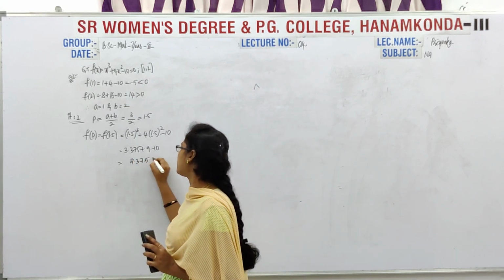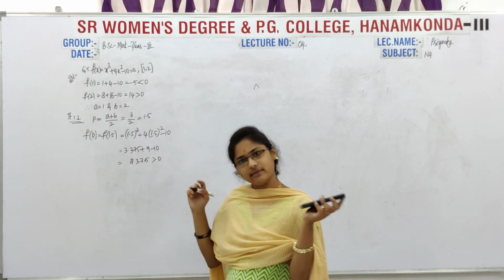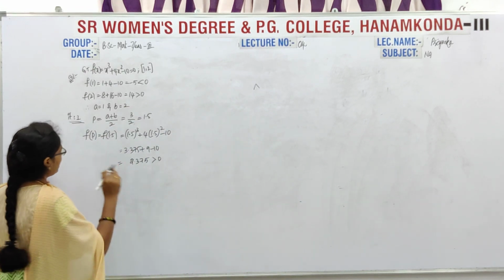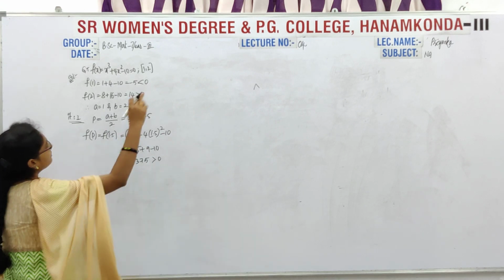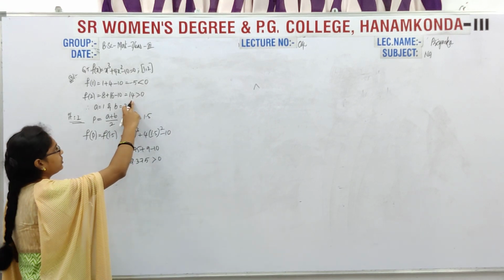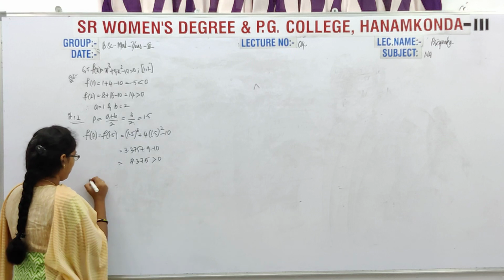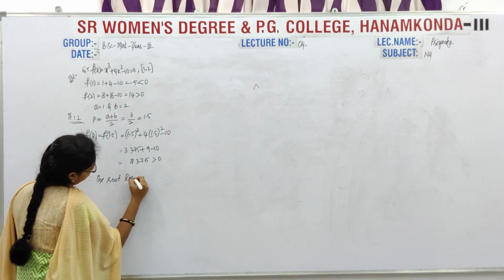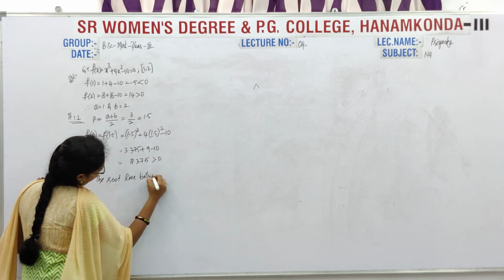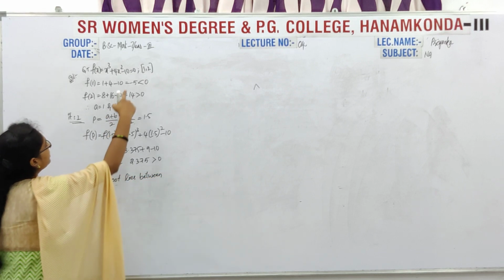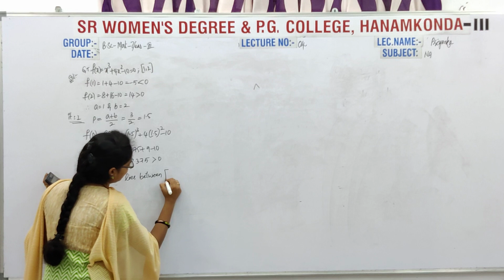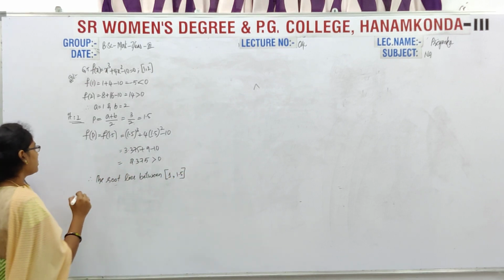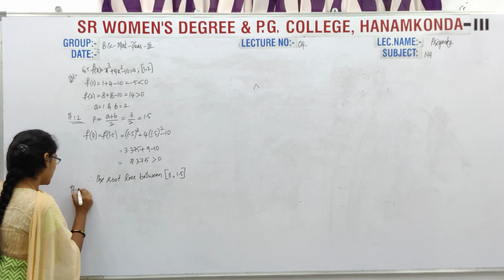So now it is a positive value. Again we have to choose one positive value and one negative value, no? So for this one, positive, you have to ignore it. Therefore the root lies between, here we have a negative, so 1 comma 1.5. Next I am going for the next iteration, iteration 2.